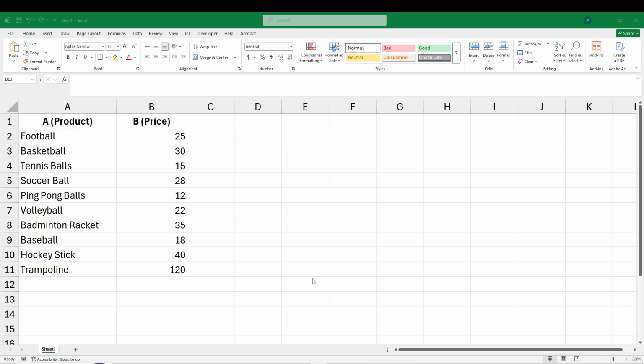First, imagine we have a list of products and their corresponding prices. This includes items like football, basketball, tennis balls, soccer ball, ping pong balls, volleyball, badminton racket, baseball, hockey stick, and trampoline. Each product has a price next to it, and we want to easily retrieve these prices without manually searching